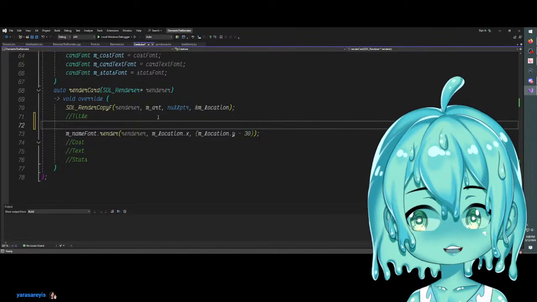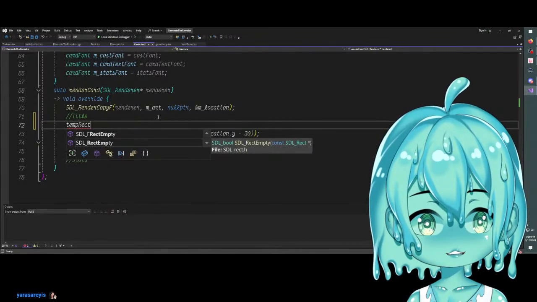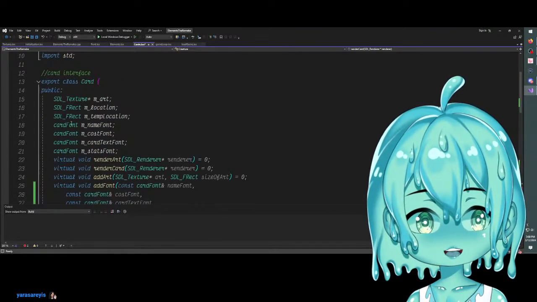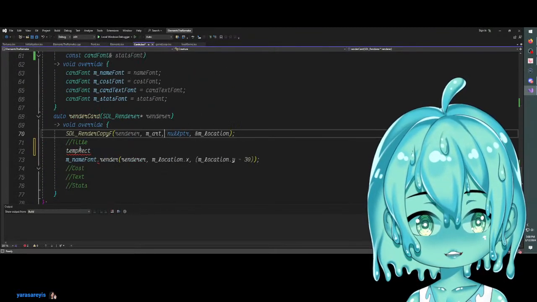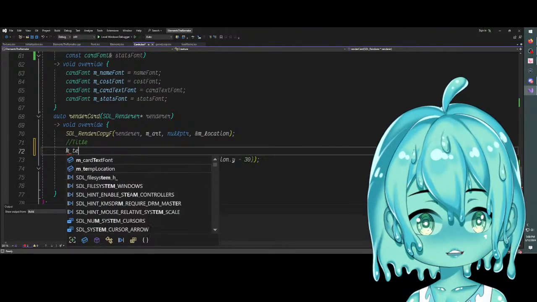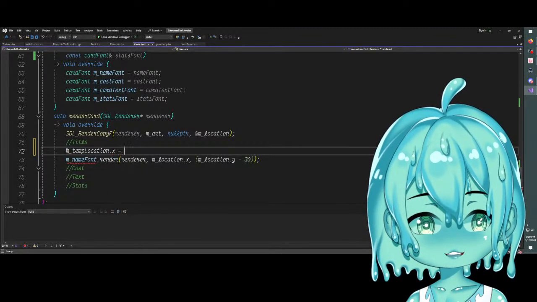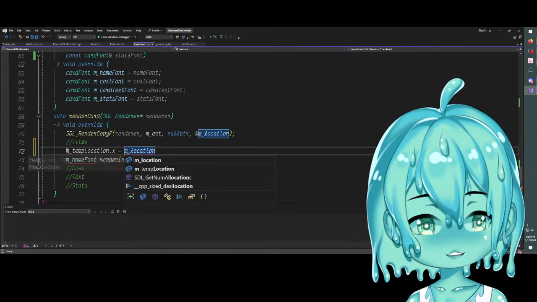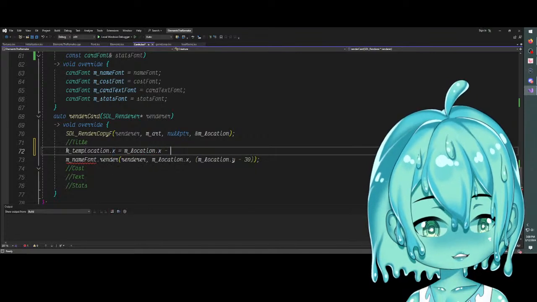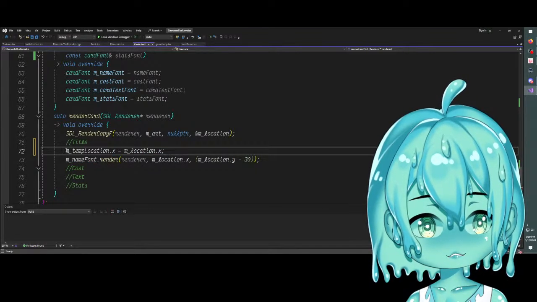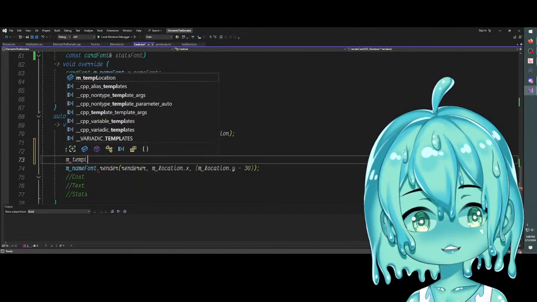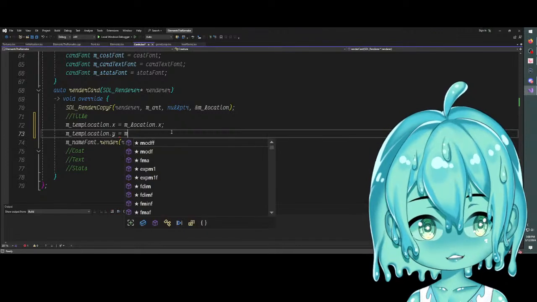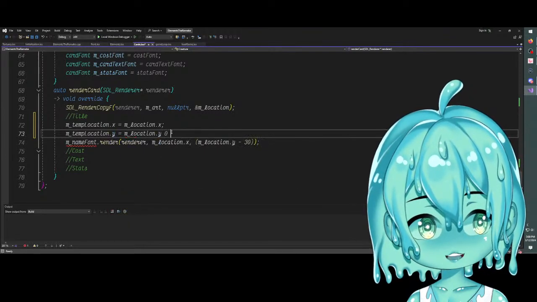So what we do is temp rect. Wait, don't I have a temp rect still? I did a lot yesterday off stream. M temp location, that's what it was. So M temp location dot X is equal to M location dot X minus nothing, actually. Then we do the same thing here and we're going to render the temp location, but we have to do this because the temp location is going to be changing a lot of values very quickly. Location.y minus 30,